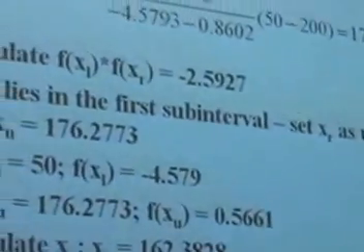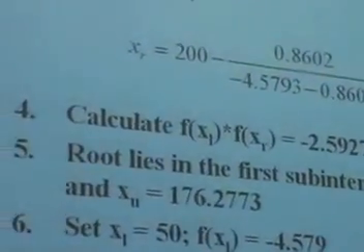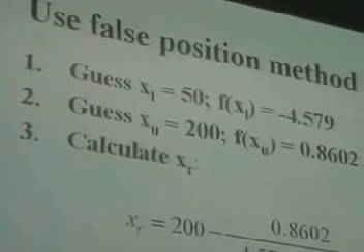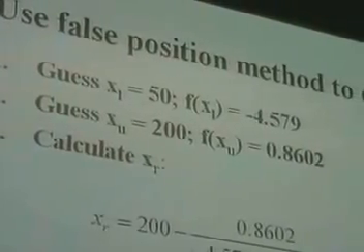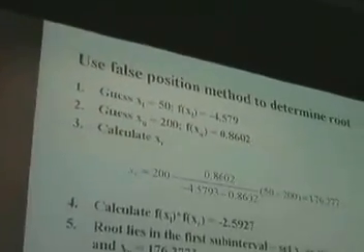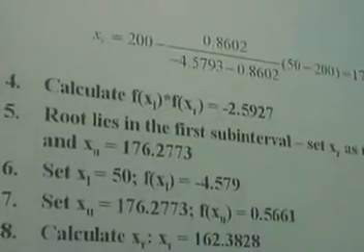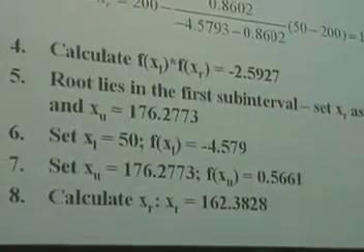All right, let's use false position to determine the root. Let's see what happens. We guess a value for x1. Let's assume 50. We calculate what the function is, f(x1). We get a minus 4.5, etc. We guess an upper value. Let's say 200, like we've used in the past. So we calculate the function f(xu),